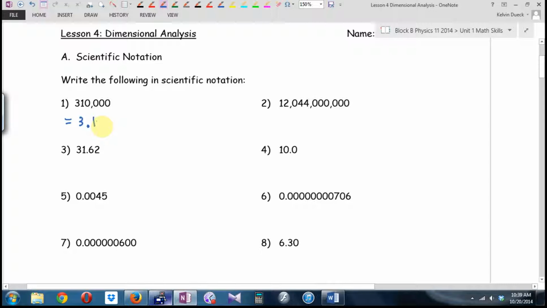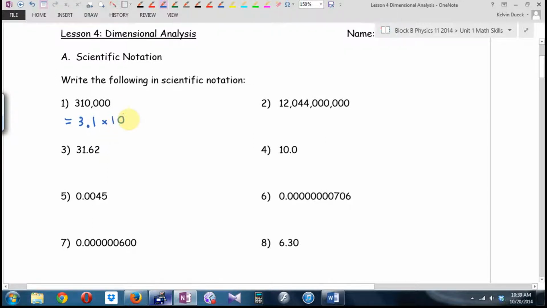We don't write any of the trailing zeros. Those are placeholders. By the way, how many sig figs is 310,000? 2. Can you see the scientific notation portion that I've just written? It's really easy to tell how many sig figs there are. You just count. And then you replace the rest of those trailing zeros with 10 to the